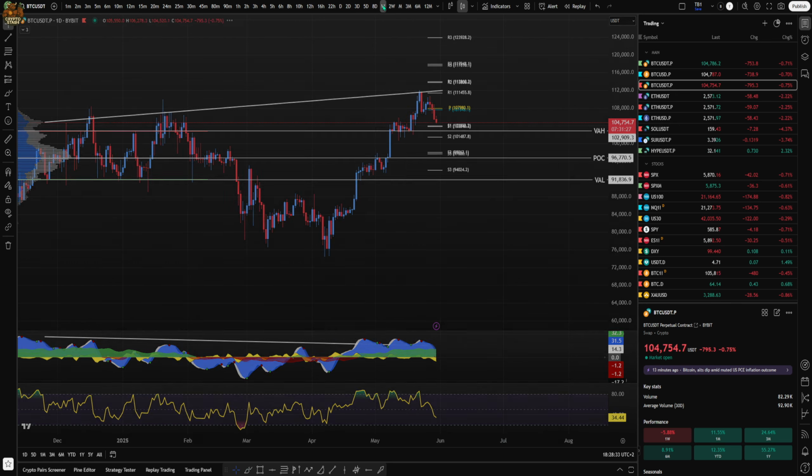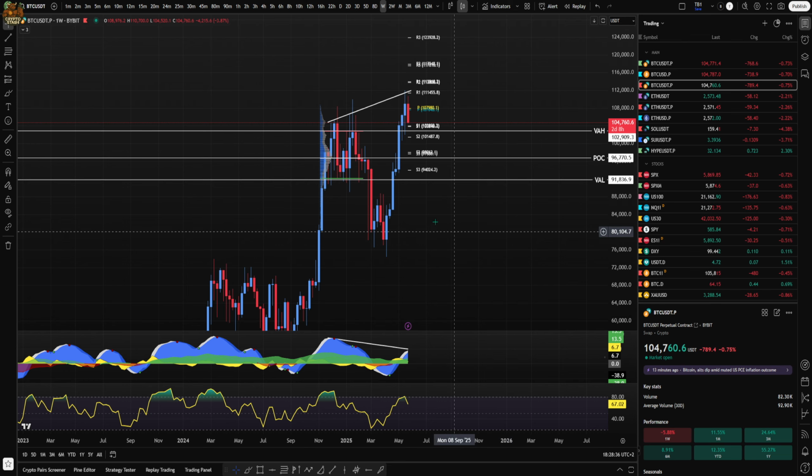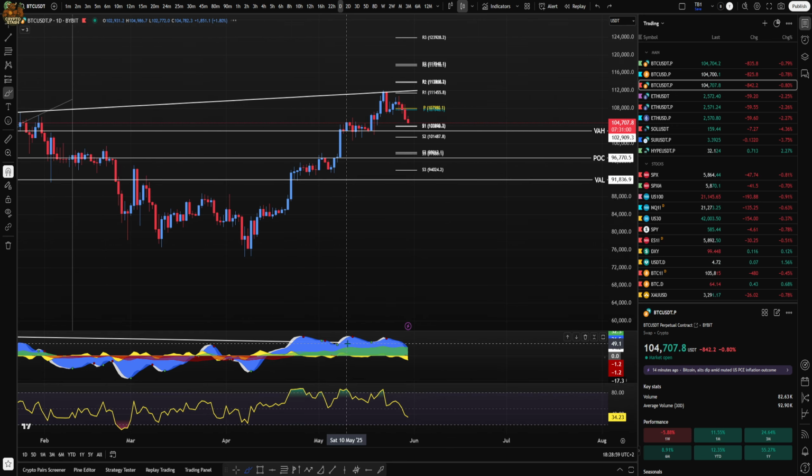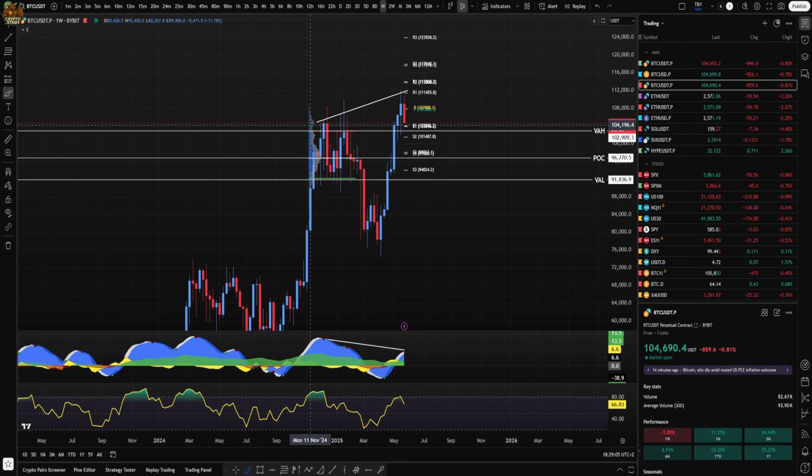And also if we look at that weekly time frame, something very disturbing, as you can see, we have a bearish divergence on that bigger time frame. So on the weekly, our momentum waves are making a lower low while the price is making a higher high. As you can see right here, also on that RSI indicator, completely the same as our momentum wave indicator. So it's currently a very dangerous signal flashing for Bitcoin, and that's why it's possible that we can probably